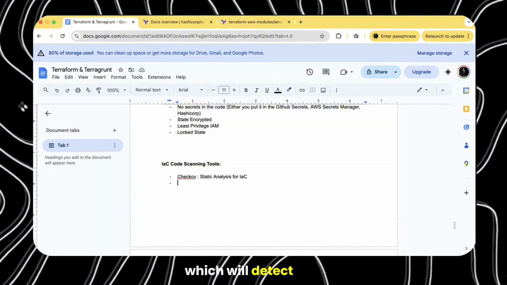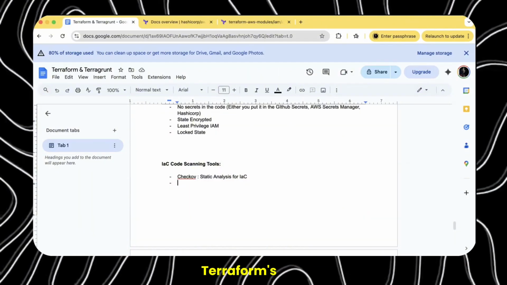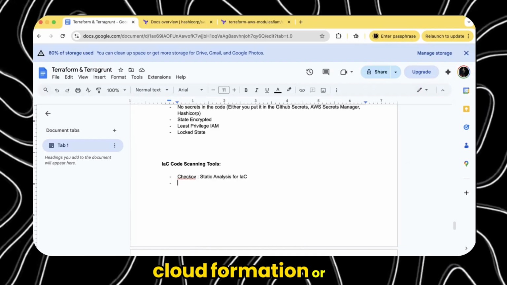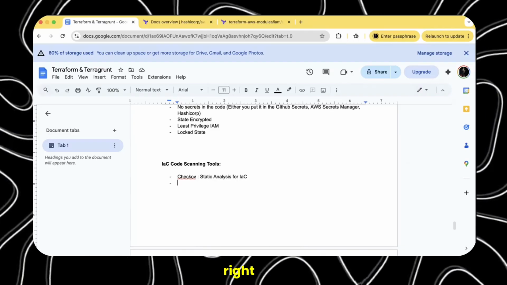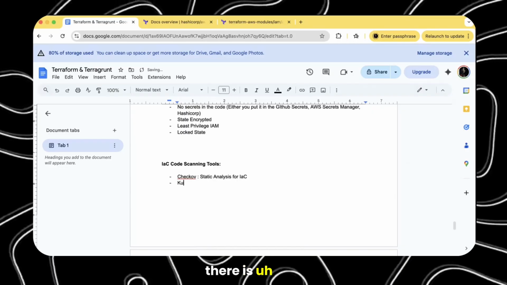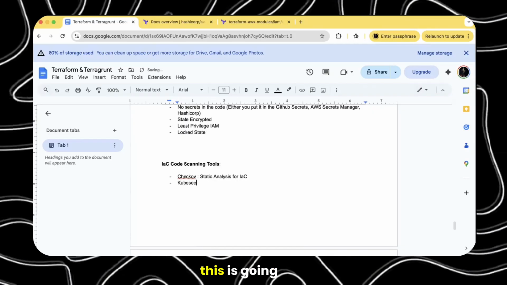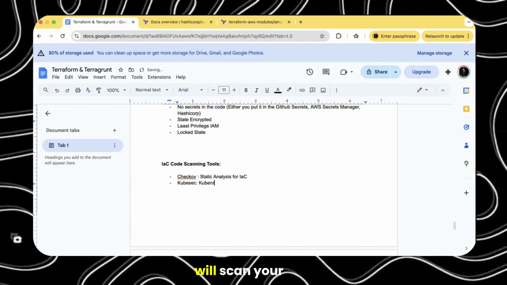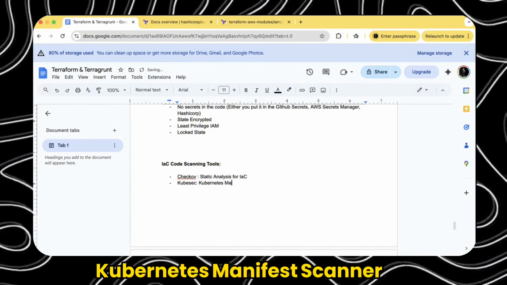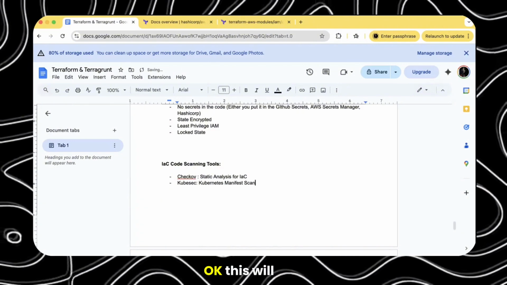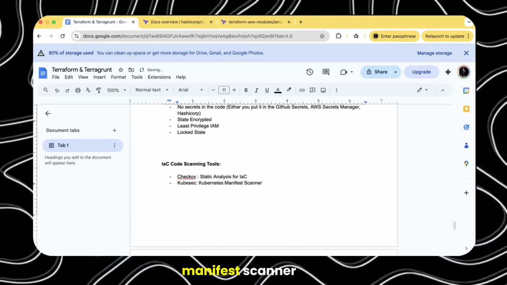It will detect misconfigurations in Terraform, CloudFormation and so on. This is an open source one. There is another one known as KubeSec. This will scan your Kubernetes manifests.